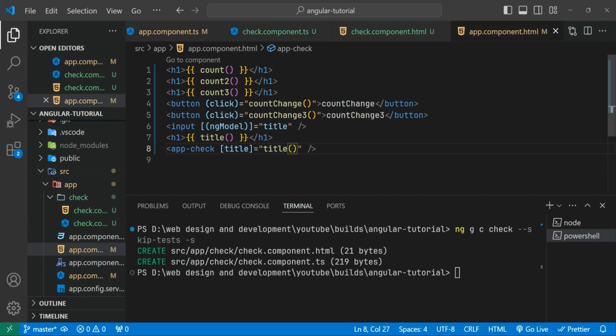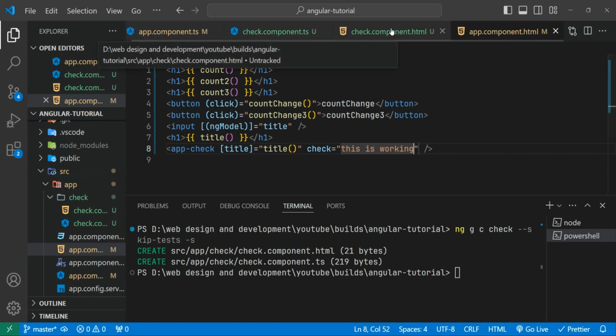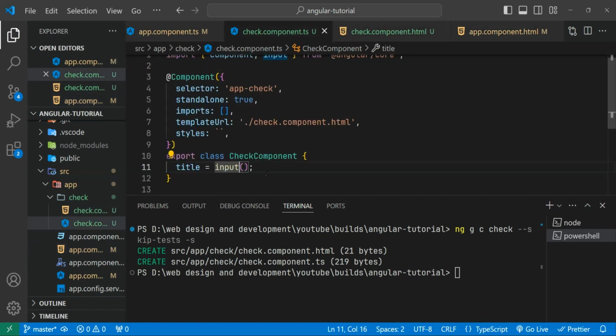You can also pass, this is from the TS file, you can also pass any string like this. Let's say check equals, this is working. Now I didn't bind any data from the TS file, but I can also pass a string or a number directly inside this check. Now in the check component, inside this let's say check equals input,